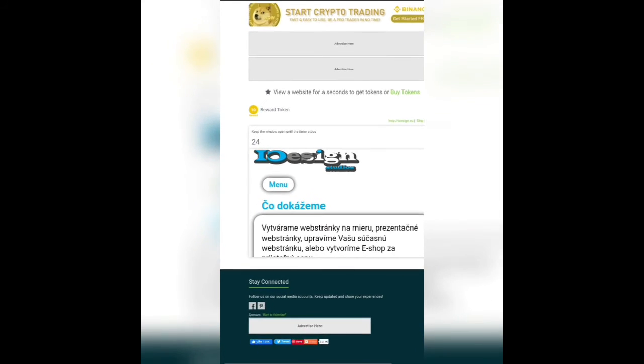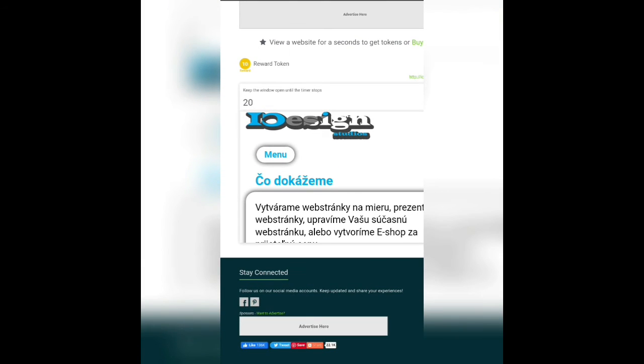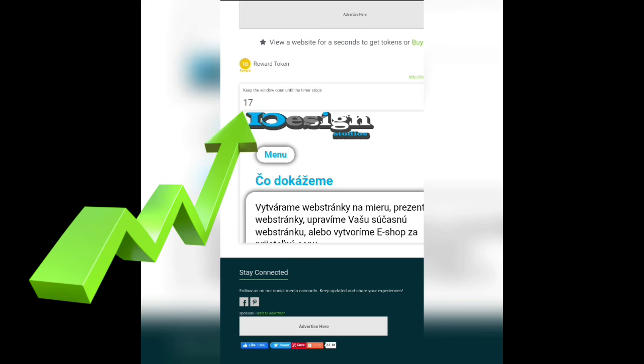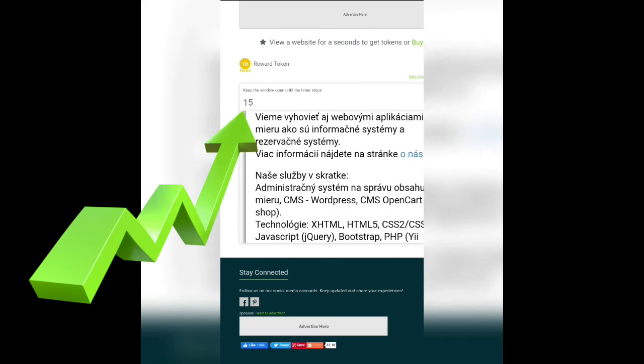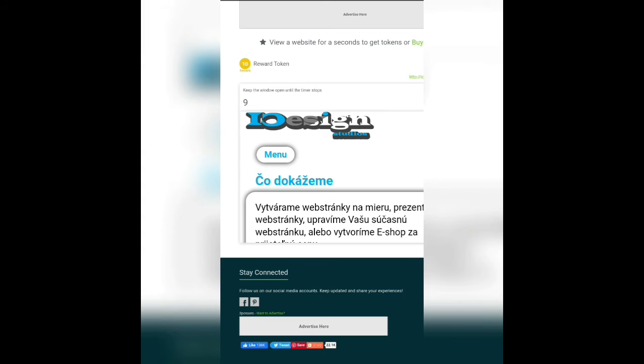See, 26, 25. Once the timer stops, one new window will open and again the timer will start, and again you will be rewarded with the same tokens.